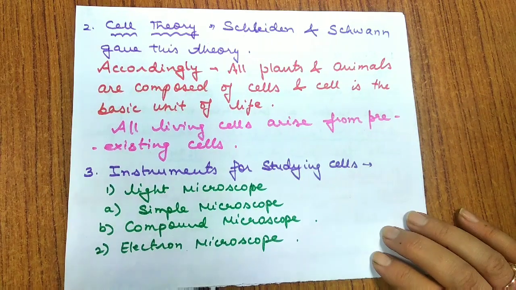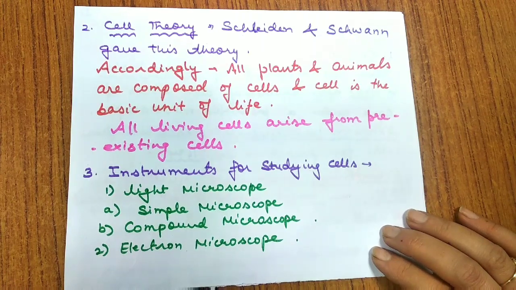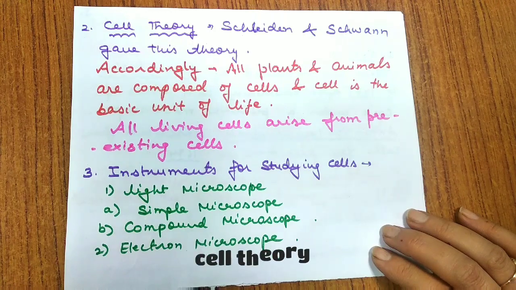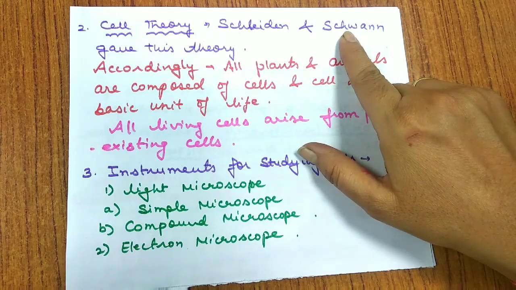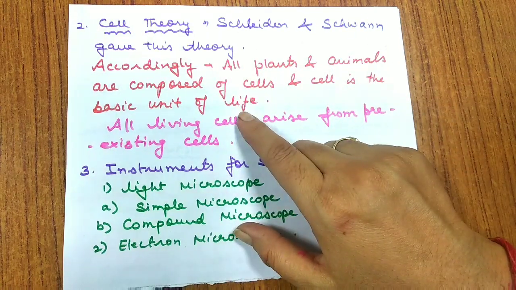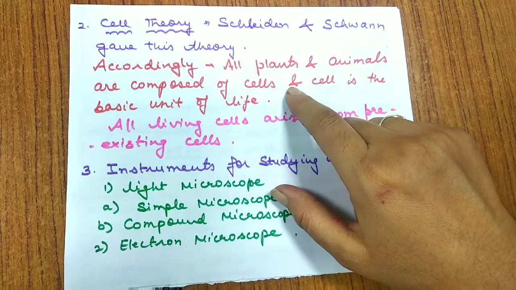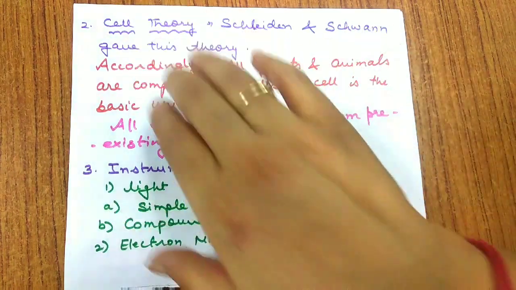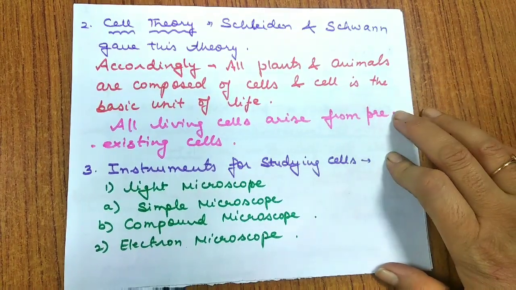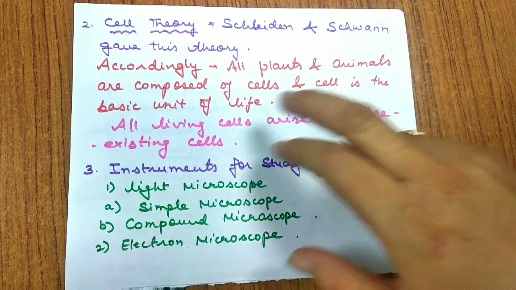Now let us move to the next point, that is cell theory. What is cell theory? How did this come into existence? We say that it was presented by two scientists, Schleiden and Schwann. According to this theory, they said that all plants and animals are composed of cells, and cell is the basic unit of life. So they gave a theory to explain the cell. They said that each and every plant and animal is composed of cells, and cell is the basic unit